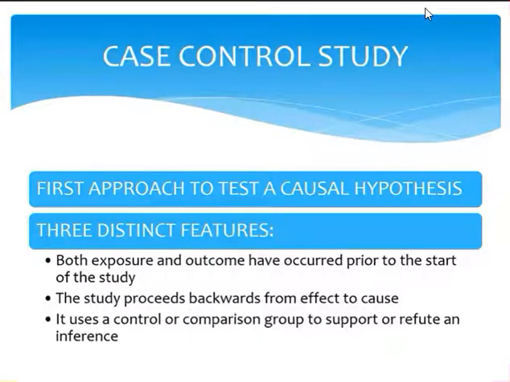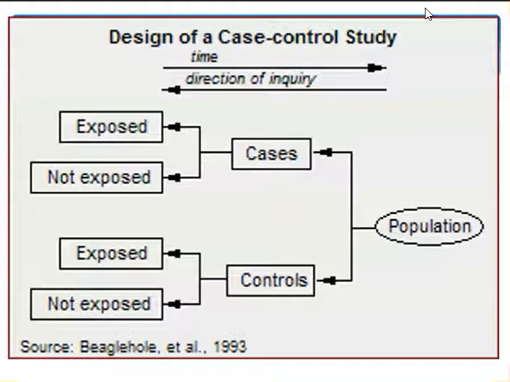We looked at detail in a case control study, and we saw that the case control study was the first approach to test a causal hypothesis. And we saw the distinctive features, and you must remember, especially this diagram here, as to how we select cases first from a population using a case definition. And then once we have chosen the cases, then we select the controls either pairwise or as a group. We do matching and we select controls who are appropriate so that they are similar to cases in all respects except for the fact that they do not have the disease, which is what we are looking at.